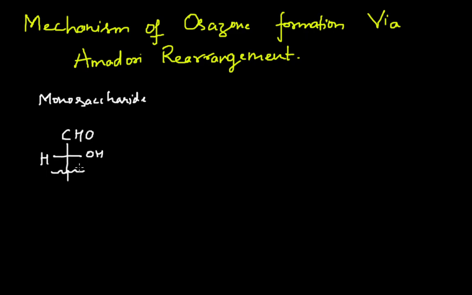It's understood that the bottom part is there, but I'm not writing it to save some time. The first mole of phenyl hydrazine reacts here. What happens? Water is removed, and you get your